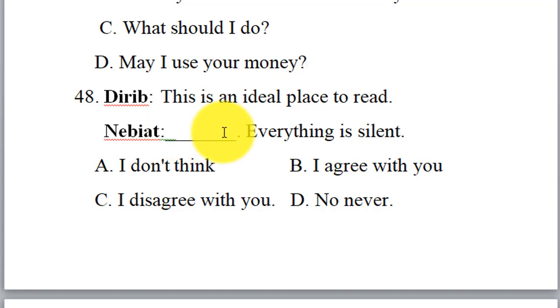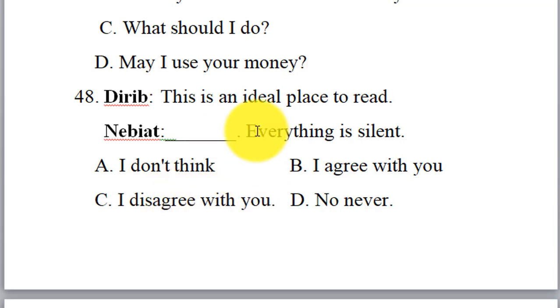በሐሳቡ መስማማት ወይም አለመስማማት የተለየ ሐሳብ። I don't think everything is silent አትልም, this is negative but this one is positive. ስትመልሱ ጥንቃቄ ፓራላል መሆናቸውን ማድረግ አለብን። I don't think አለ, I don't think it is not an ideal place ነው ማለት የሚገባኝ። I agree with you everything is silent, yeah በሐሳብ ይስማማል, everything is silent positive ነው ይሄ ፎርማል ፖዚቲቭ አግሪመንት ነው፣ ፖዚቲቭ ኤክስፕሬሽን ነው፣ ፓራላል ነው። I disagree with you ካልክ I don't think ማለት ነው።